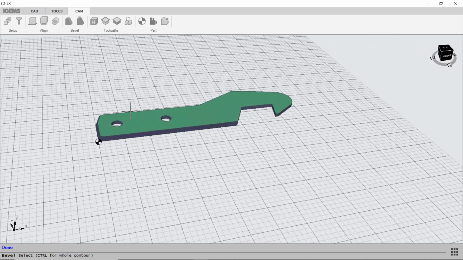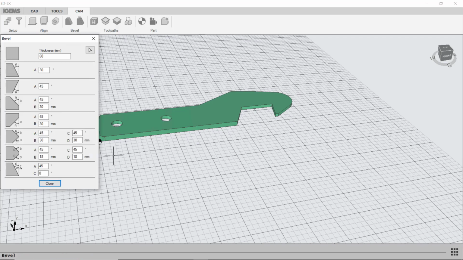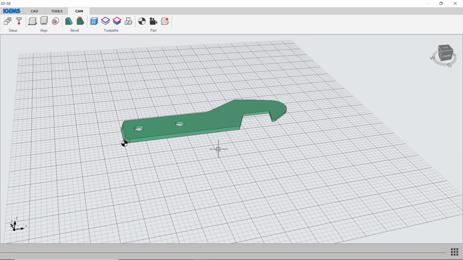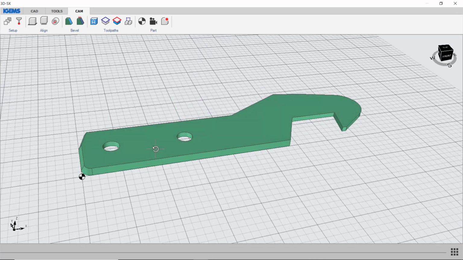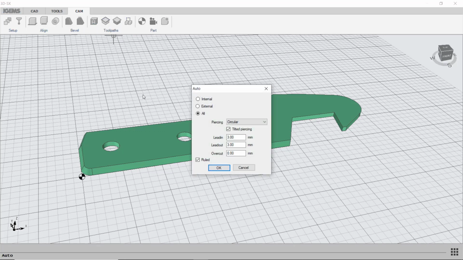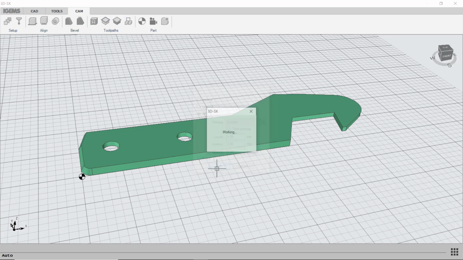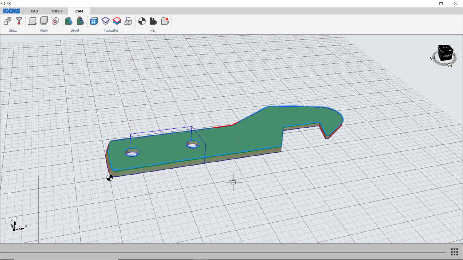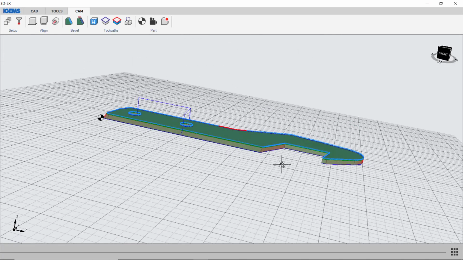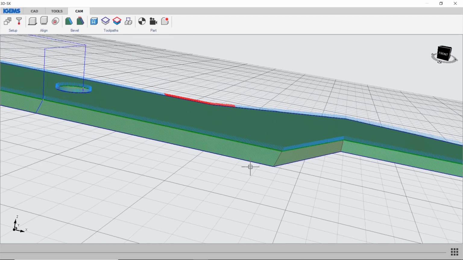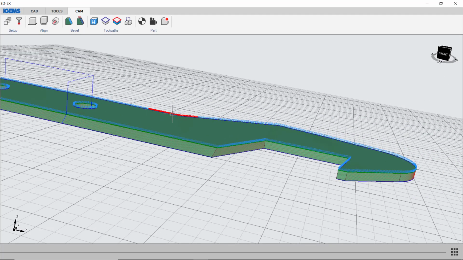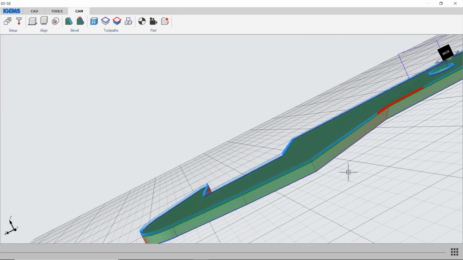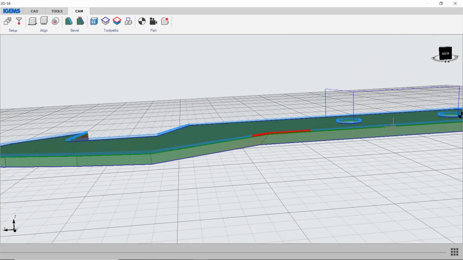I'm satisfied with that. I'm gonna say done, close, and now you can use the curves, toolpaths, but I'm just gonna use the auto command with the circular piercing shore. Alright, and it looks like this. Looks pretty good. There's one thing though, there's these red vectors, and that's because